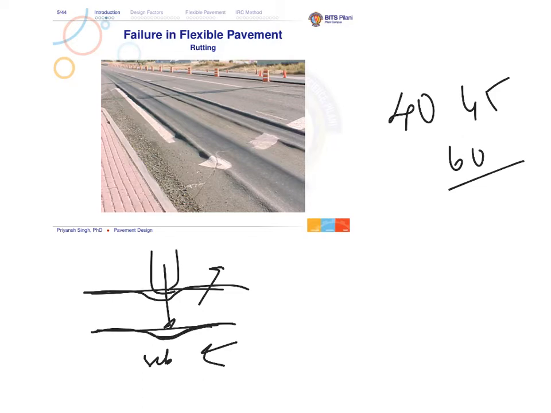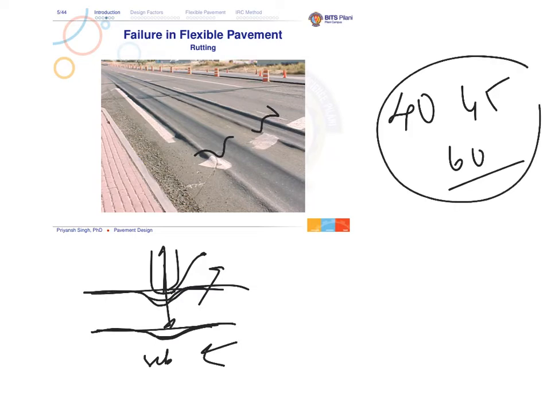So if the subgrade deforms, that deformation will reflect onto the top surface, and you may see a gully-like structure in the top surface of the pavement. Here in the figure you can see that. This happens only in the wheel paths. So as more vehicles pass through these gullies, the depression will increase, and so on. This can only happen when the temperature is on the higher side, and this happens because of the vertical compressive stress on the subgrade. This is rutting type 1.